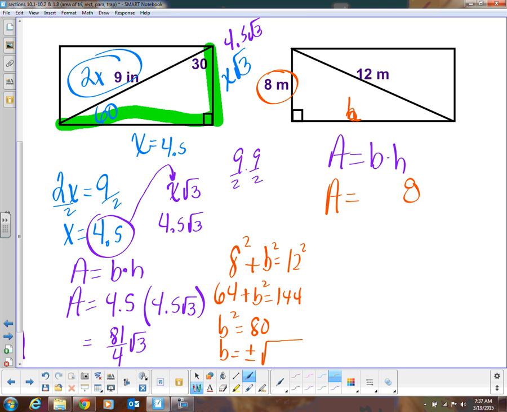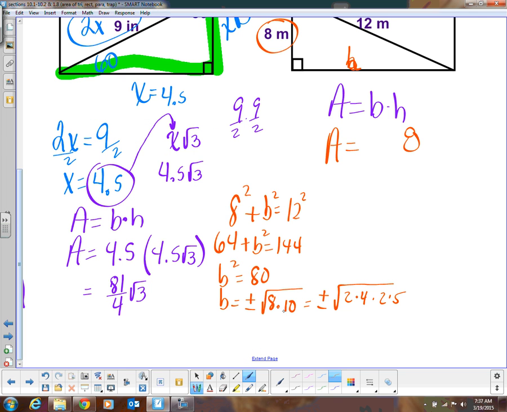Plus or minus square root of 8 times 10. What are the factors of 8? 2 times 4. What's the factors of 10? 2 and 5. How does that factor more? So this is going to be 2. What's 4? 2 times 2, and you already had that 2 and that 5. What was multiplied by itself? 2. What else was multiplied by itself? 2. So what is this going to be? 4 square root of 5. So that means that this is 4 square root of 5,